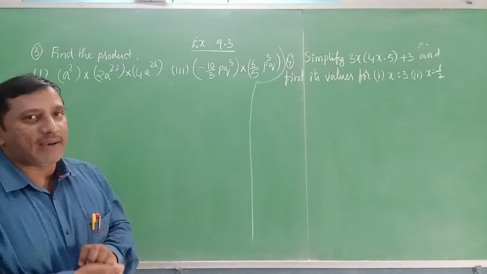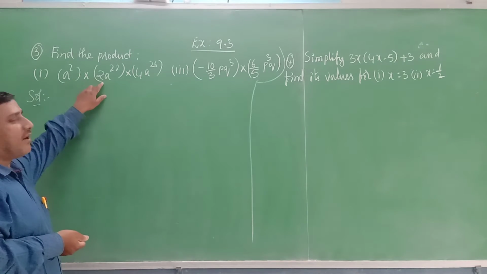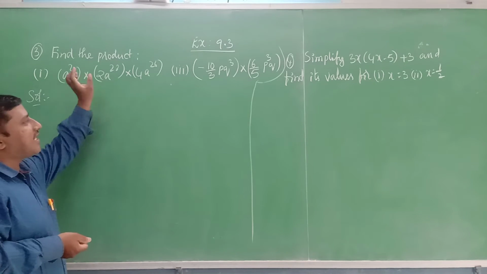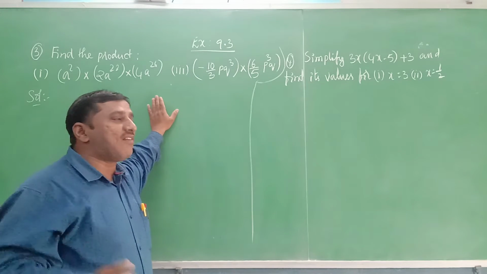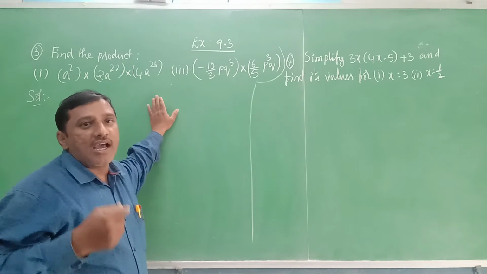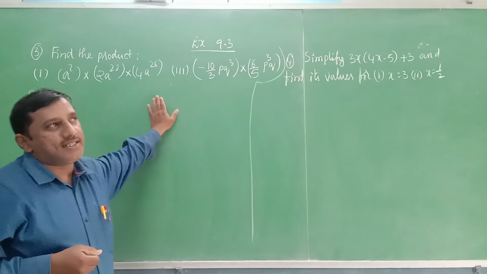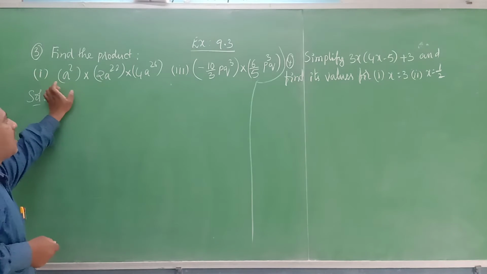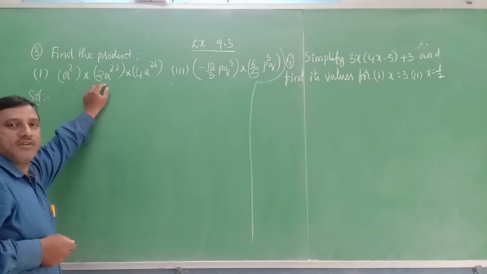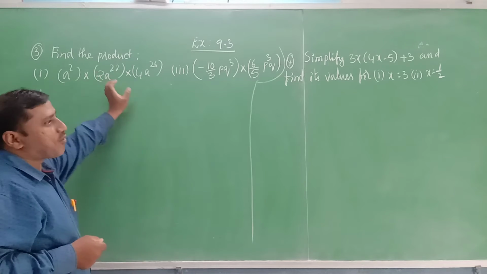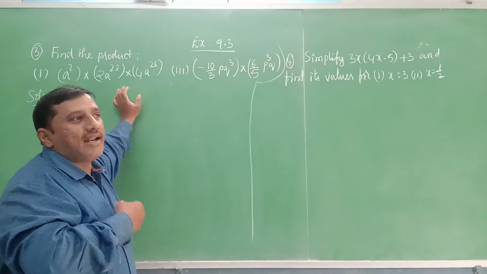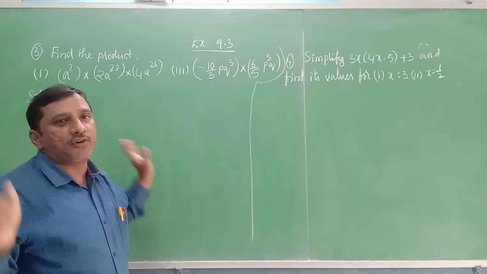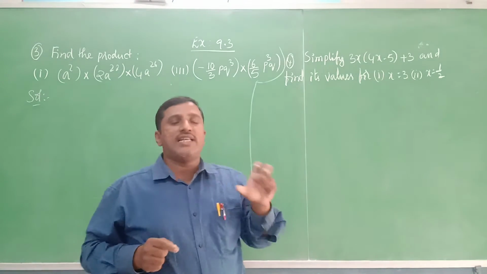How do we multiply? Multiply any two monomials, then that product is multiplied by the third monomial. That is the general way of multiplying three or more than three monomials. Multiply any two of the monomials and the product is multiplied by the third monomial. Or directly, if you find n number of monomials are there, you use the concept.